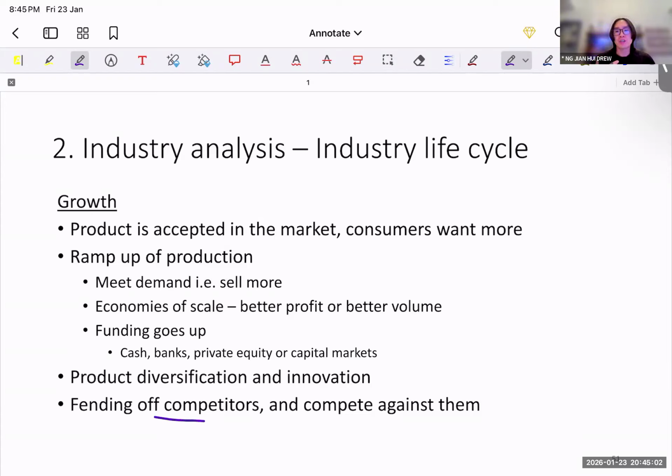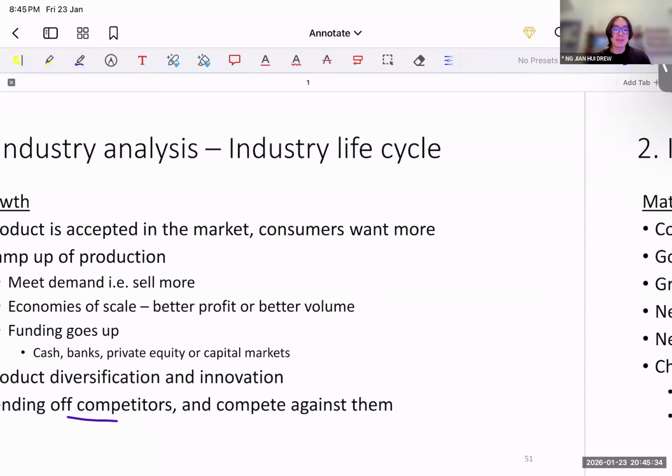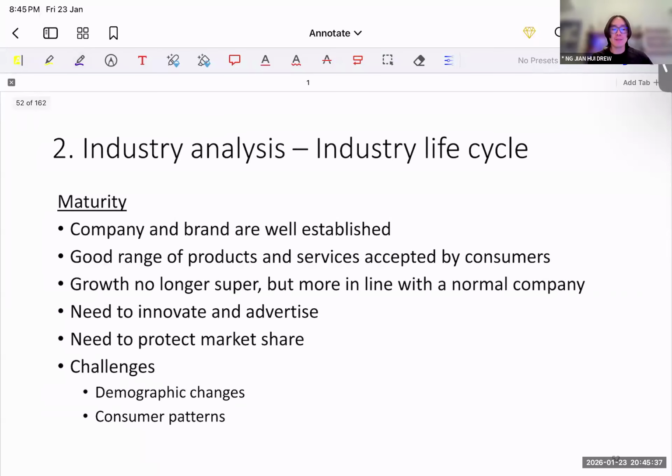But if we face competition, what we could do is also to diversify, to further innovate, right? So looking at their commentaries on their future prospects would be quite important. If we see a company that potentially could be undervalued, then maybe we should also look at their growth potential. Are they in the growth stage? Do you see them innovating or diversifying their offerings? Or perhaps you don't. You see them just capitalizing on what they have because they are already in the mature stage of their growth.